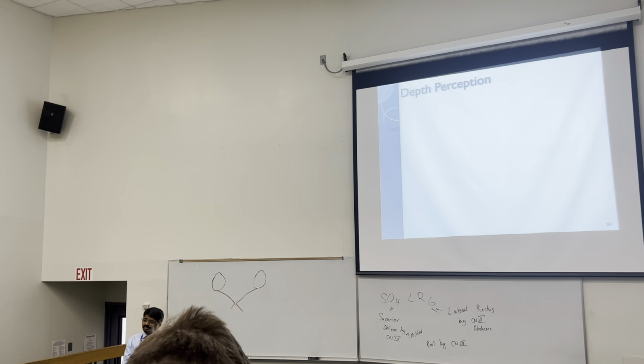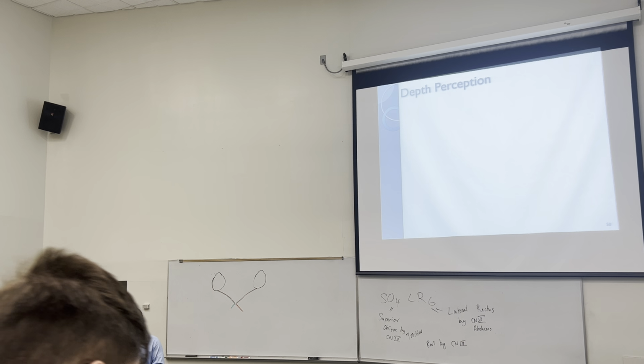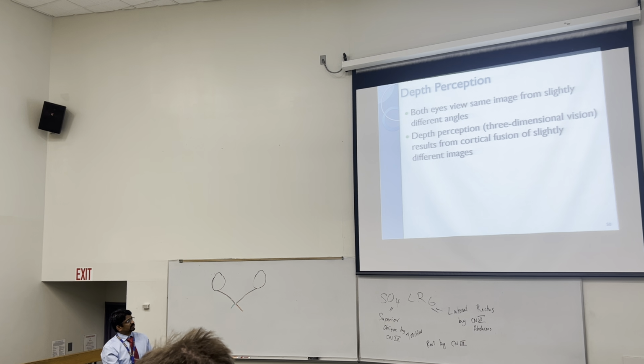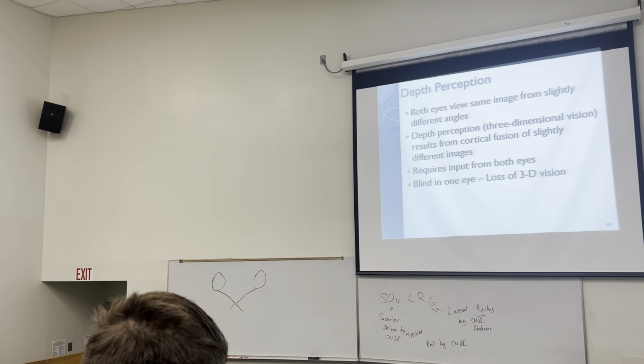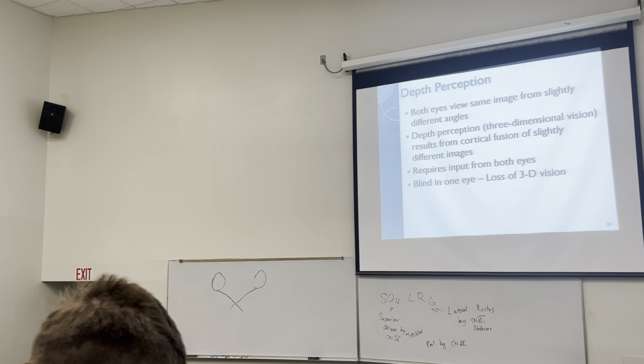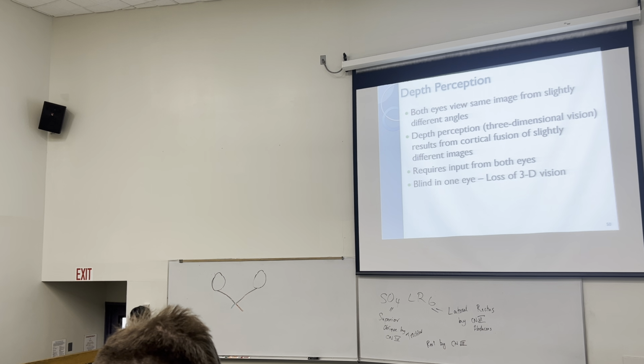For depth perception, we need both our eyes, okay? Because both our eyes are focusing on the same object at slightly different angles. And our brain puts the two together to get the three-dimensional image of an object. Okay? So you need both eyes. If we lose sight in one eye, we generally will lose our three-dimensional vision. We may remember it from the past, or we could rotate our head